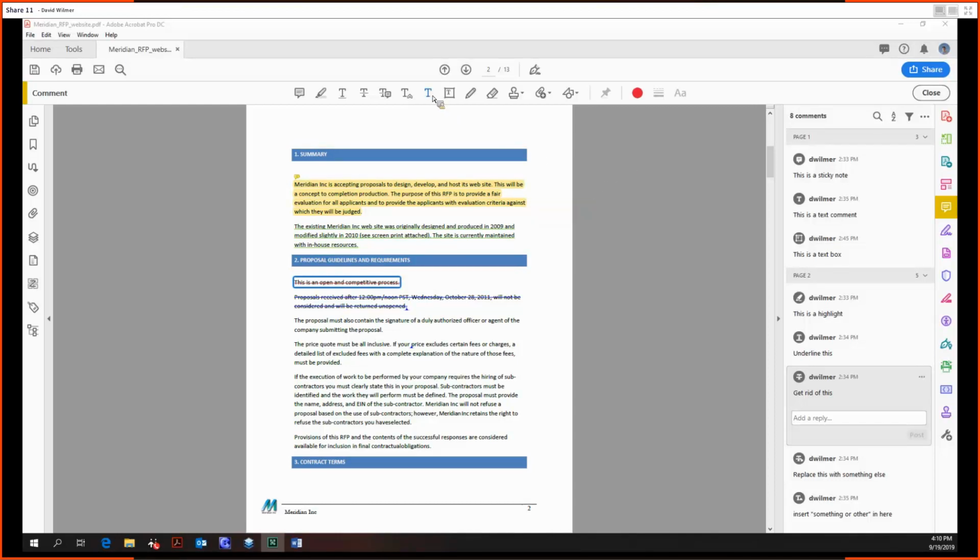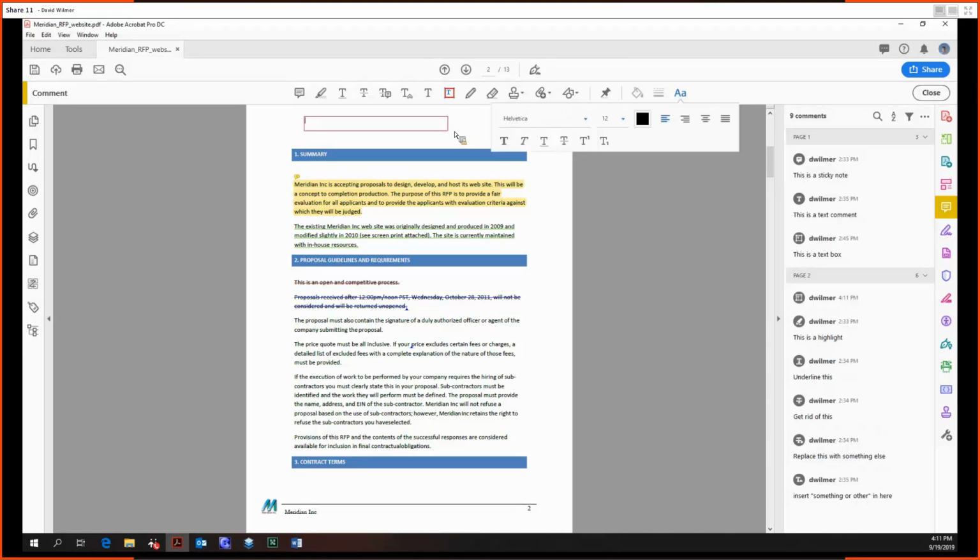Last time we left off with the Add Text Comment tool, and so we're going to continue with the Add Text Box tool. So this acts a bit differently, so it's just a text box. You just click and drag, and notice there's a red border with it, which we can change. So you click and drag it out,